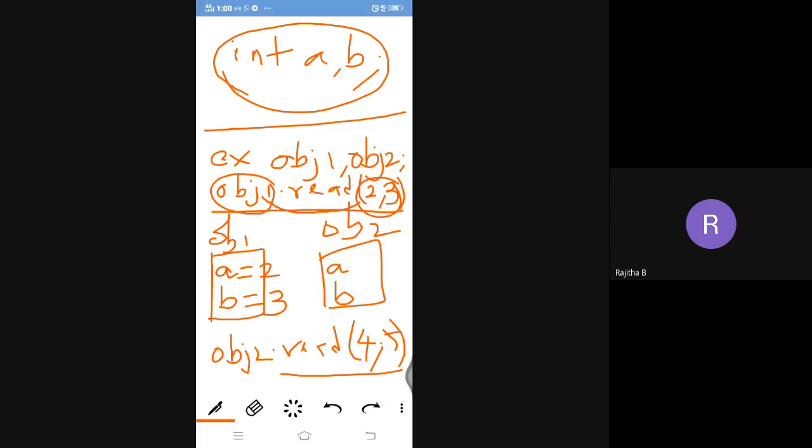And I am calling the read function with which object? obj2. So in that case, 4 will be assigned to A and 5 will be assigned to B, in object 2. So this is A equal to 4 and B equal to 5.